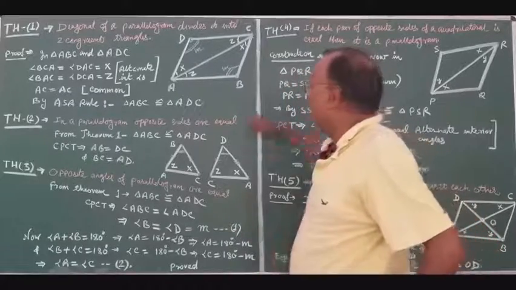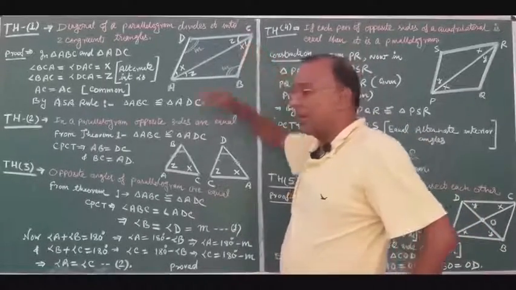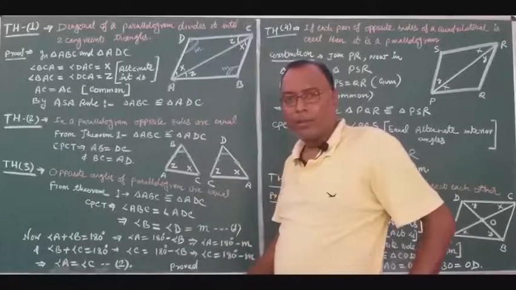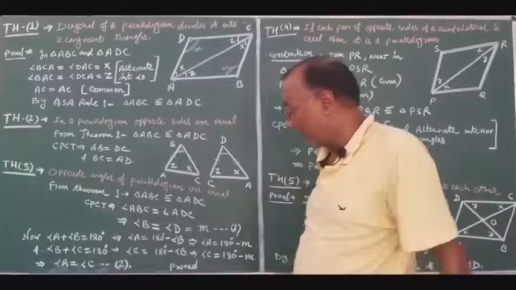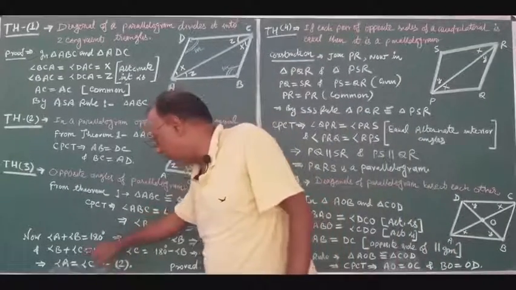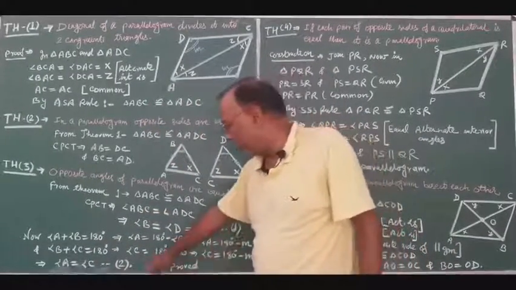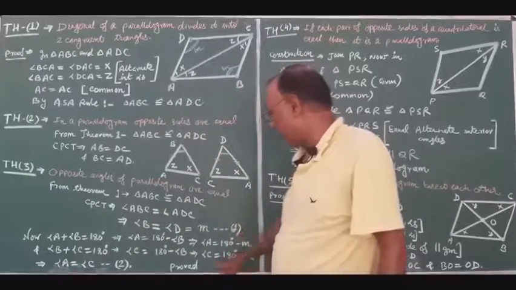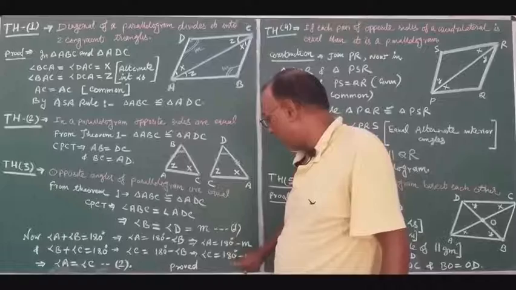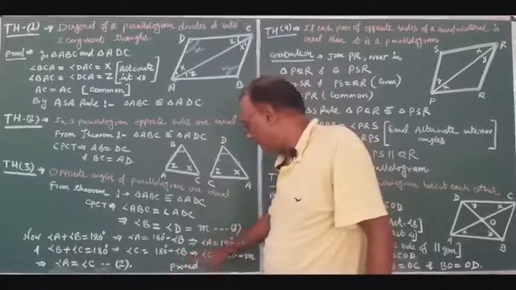Similarly, these angles B and C, again they are adjacent angles. They are also supplementary. Now their sum is 180 degrees. Angle B plus angle C is 180 degrees. Therefore, angle C will be 180 degrees minus B, and B was M. So angle C is equal to 180 degrees minus M. In place of B we can write M.